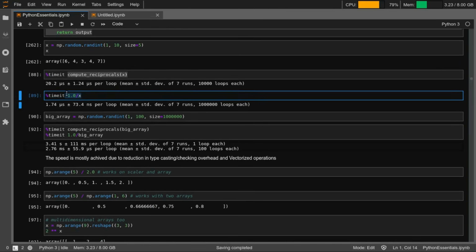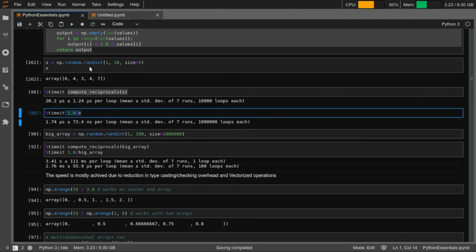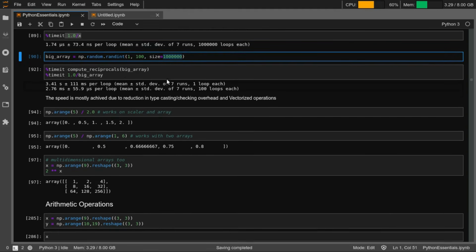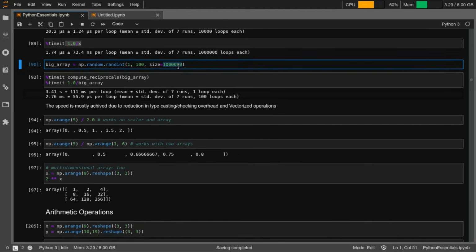One can argue that the difference between these microseconds is not very huge. It is still microseconds, around 90 microseconds, let's say, which is not very huge. Now we were doing these operations on the 5 element array. If you were to do this on a much larger array, let's say with 1000 elements, the time difference would be noticeable, right? If you calculate the reciprocals for a 1000 element array by looping through that array one by one, it takes around 3.41 seconds.